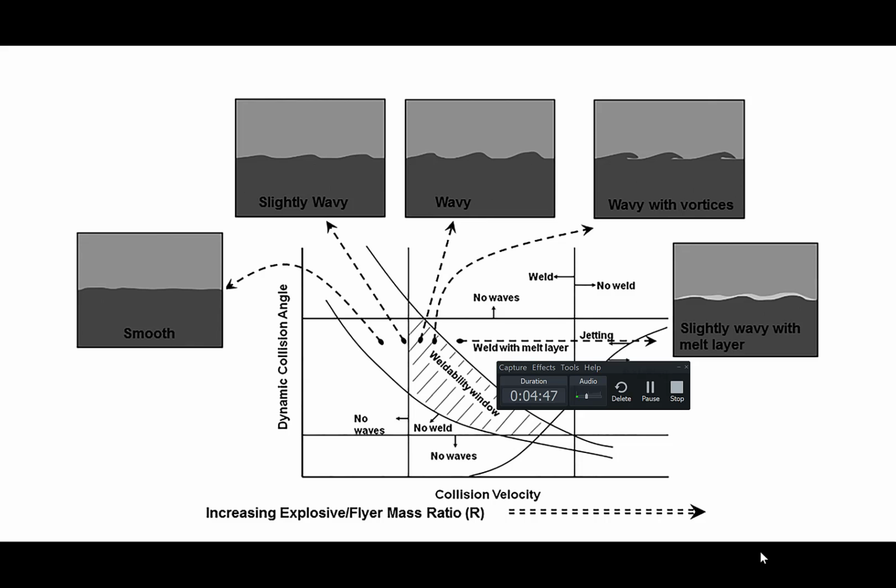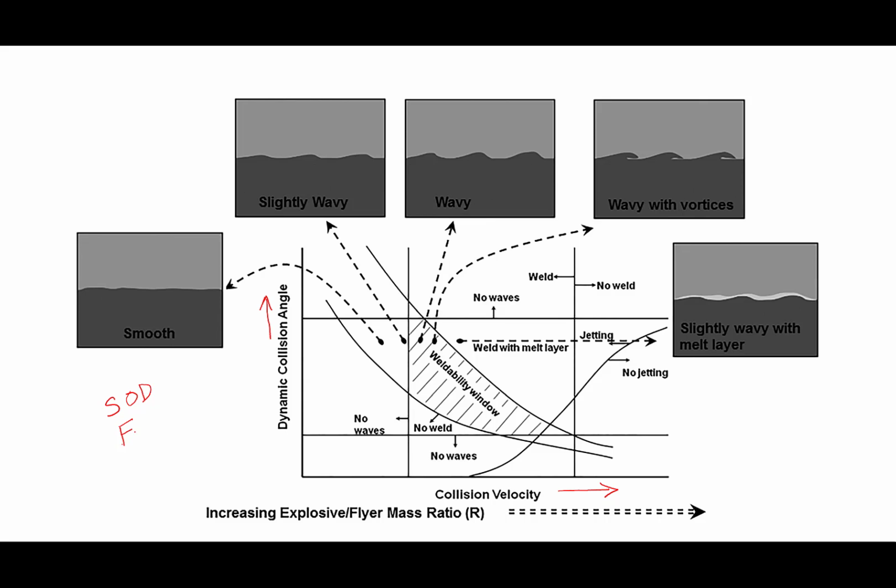This is probably the most important figure in explosive welding, which talks about the kind of joint interface morphology and the two major factors that govern the interface morphology. On one side you have the collision angle, and on the other side there is the collision velocity. The collision angle certainly depends on the standoff distance and the kind of explosive which is being used,